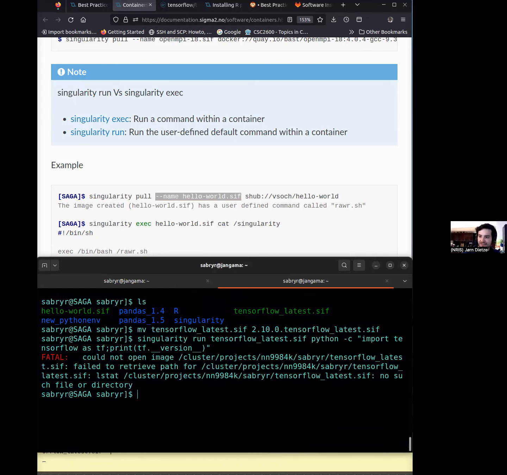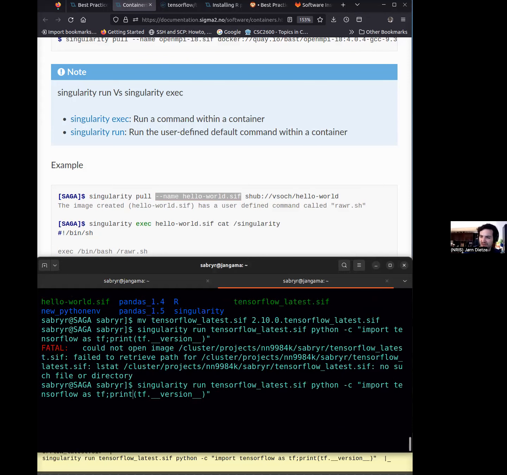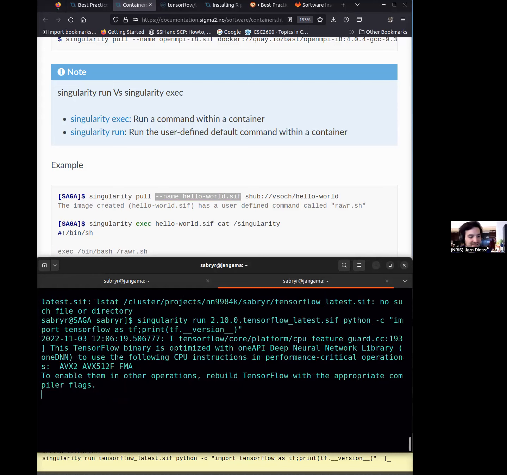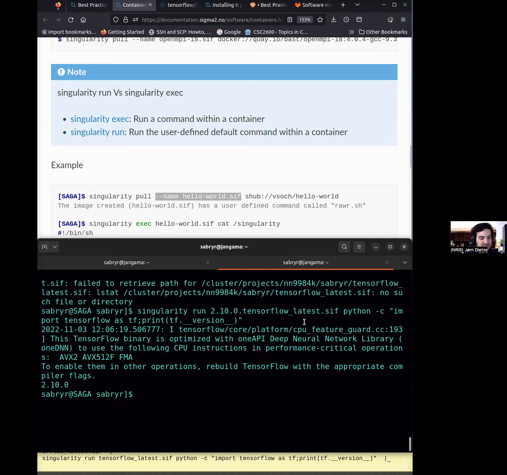Actually, there's a question that sometimes porting Docker containers to Singularity doesn't really work that well because of local database and stuff. And this can happen. It doesn't work in all cases, but many containers work just out of the box.